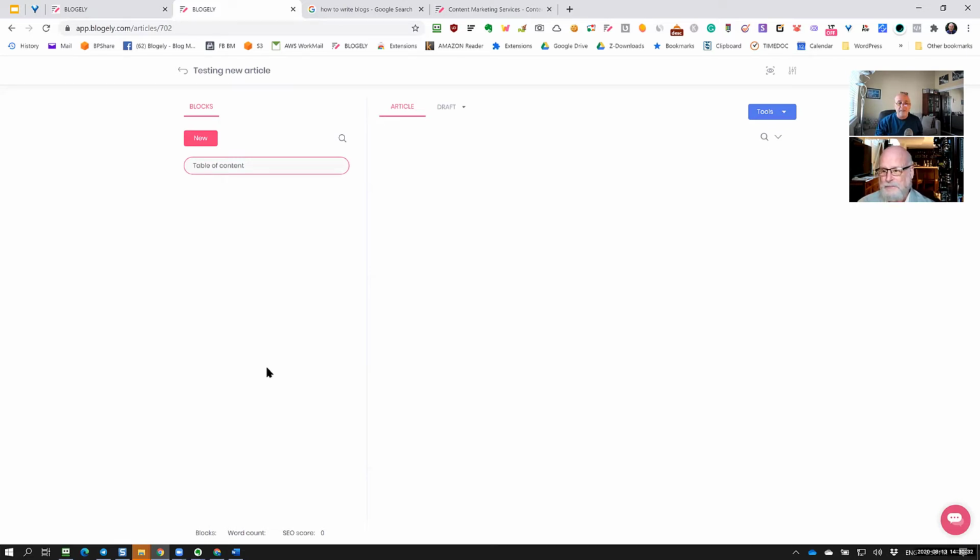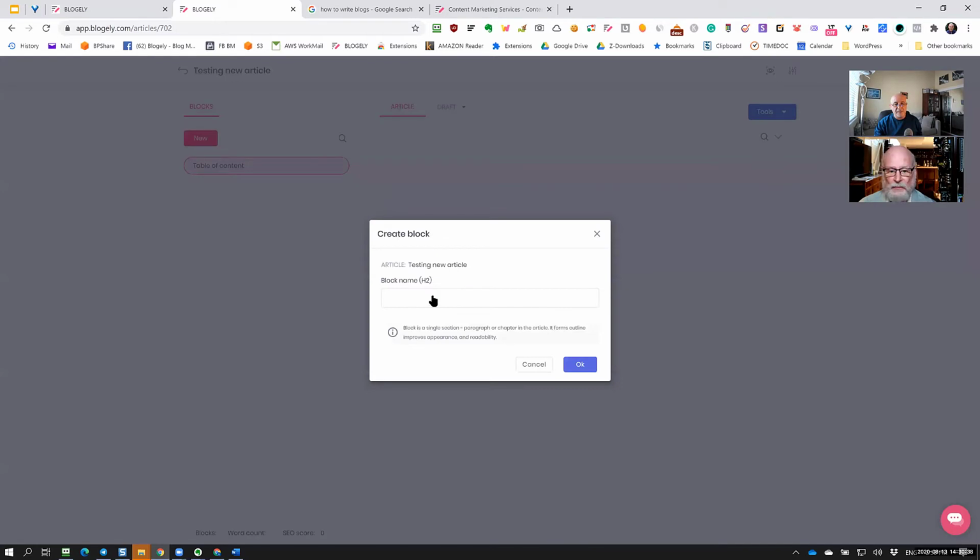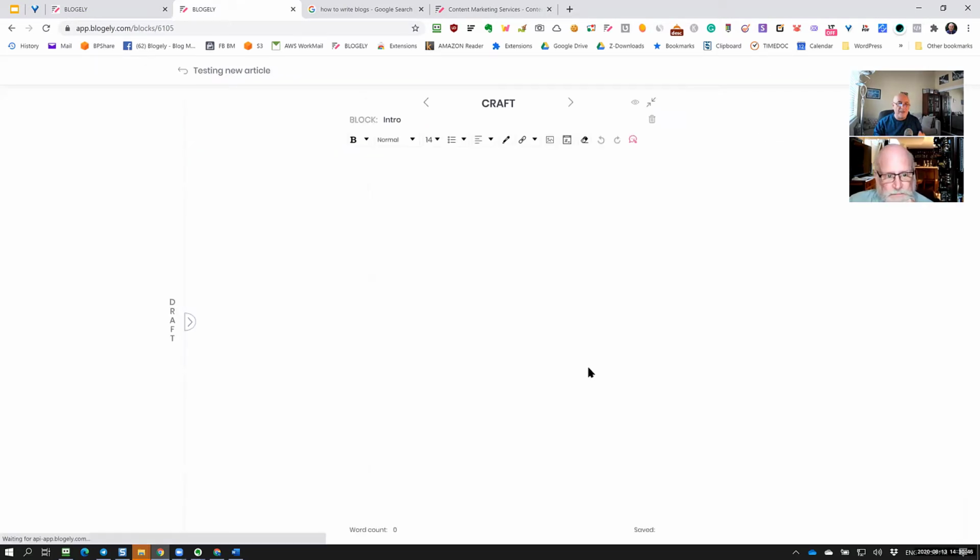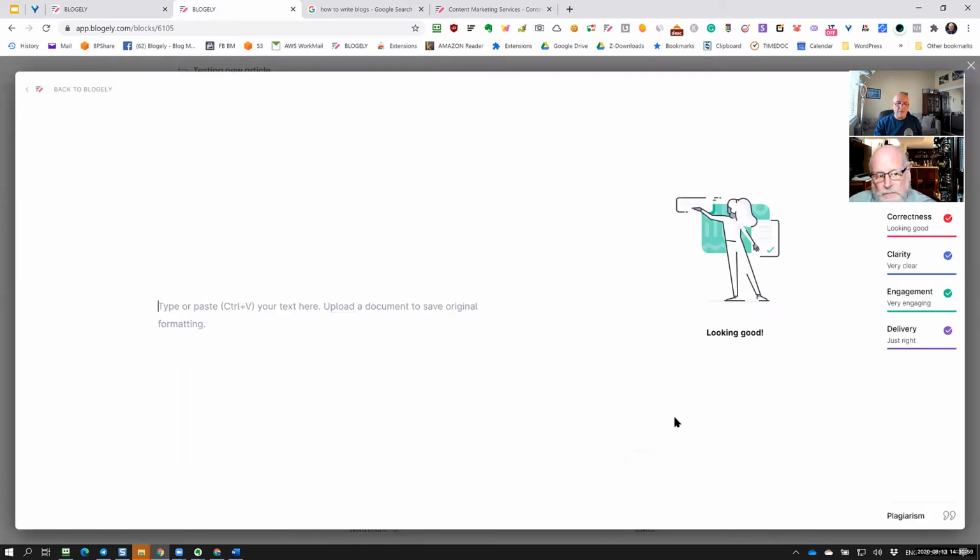In Blogly, each block is independent. You can move it around, you can drag and drop. I'll give an example. If I give a block a name, let's say intro, I click OK and go immediately right into this block. The block name is here, and this is a full rich text editor. And by the way, this editor has native integration with